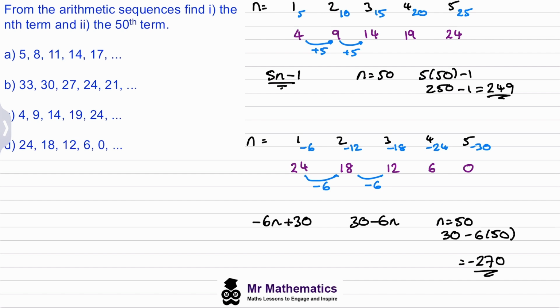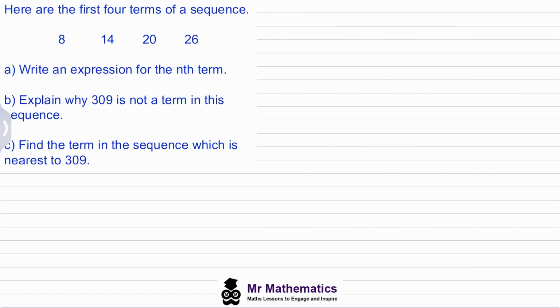Let's try some exam questions. Okay, so in this question, we're told that here are 4 terms of a sequence. We've been asked to work out an expression for the nth term, then to use the nth term to explain why 309 is not in the sequence, and then to find the term in the sequence which is nearest to 309. So the first thing we'll need to do is to work out the common difference, and 14 minus 8